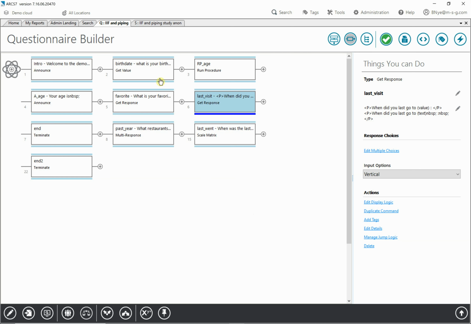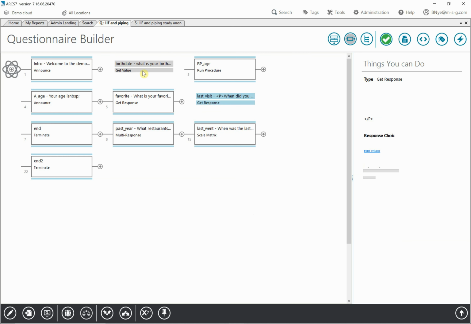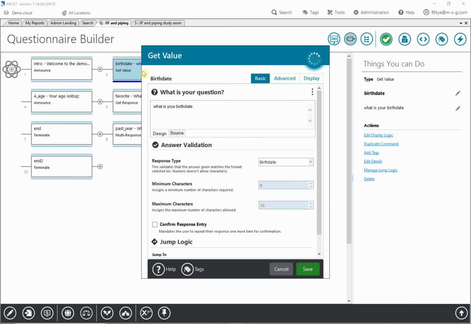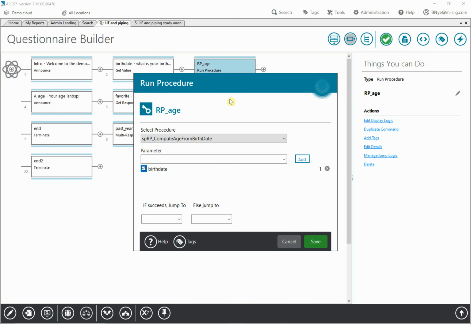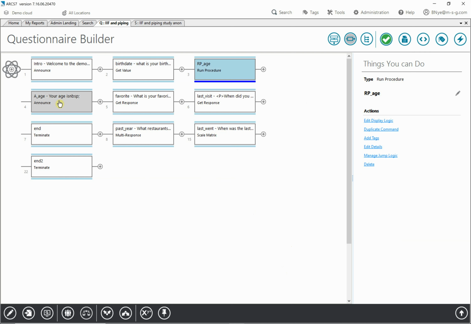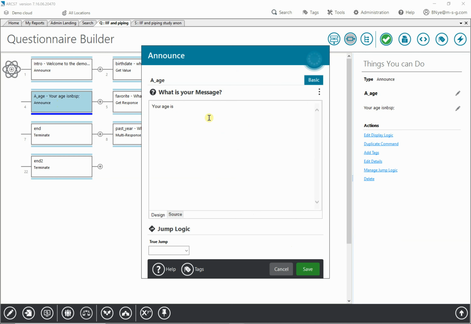So for example, here, under this get value, we've asked for them to enter their birth date. From that, we go to a run procedure and we calculate their age. Next, in an announcement, in this case, we state that their age is, and when we want to pull in that information